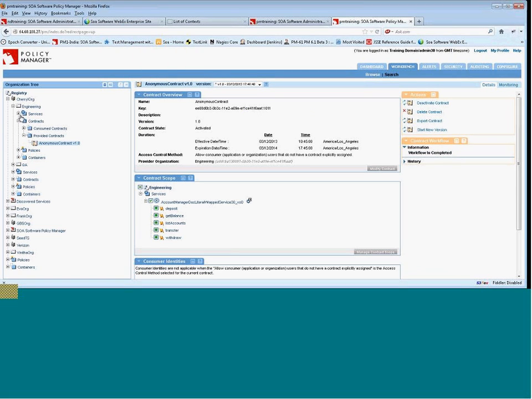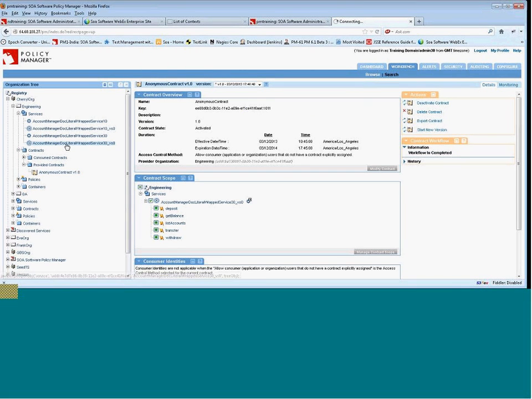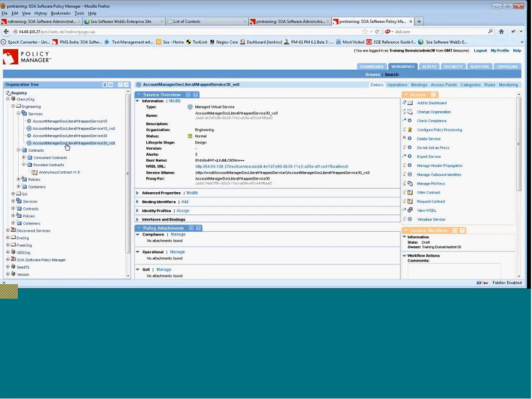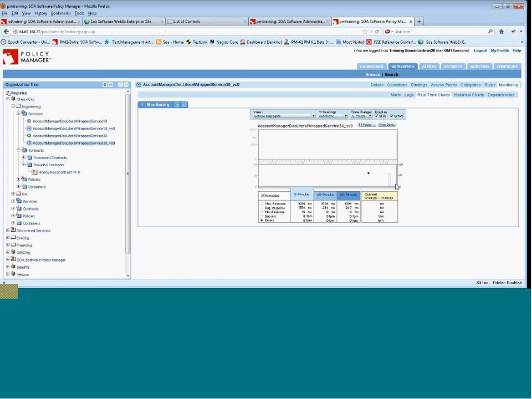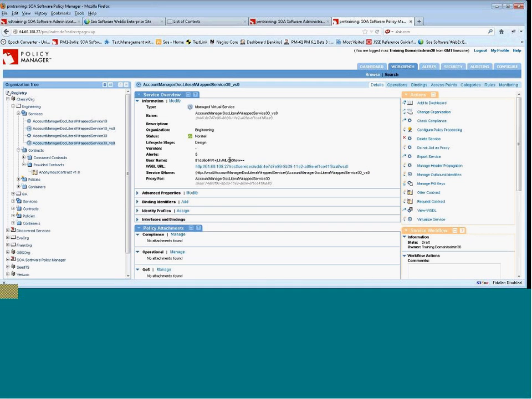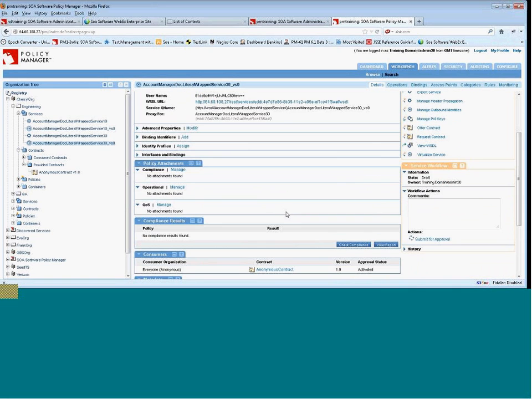So look then, if I go back to my virtual service, I click here on the monitoring sub-tab of the virtual service, the real-time chart. Now you'll see that there's a successful request that did go through. The reason is because now I have this contract in place. In order to actually send a request through a virtual service, you have to have a contract in place that